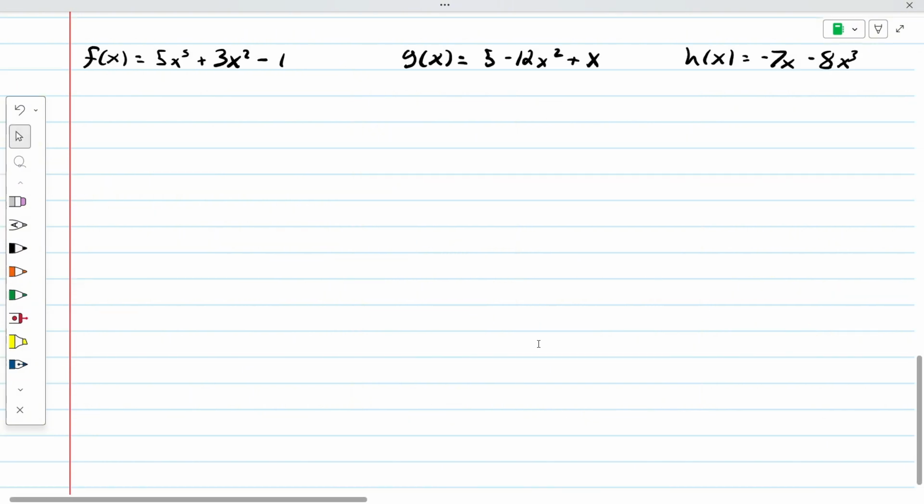Okay, now let's determine the end behavior of these three examples using what we just learned. Okay, so in this case, we see we have a degree of 5 and a leading coefficient of 5. That's a positive. So we have a positive leading coefficient and an odd term. So we can know that the function is going to trend in this way. And just drawing this simple example of an odd degree polynomial, we can write our limits out. And obviously it won't be a straight line. It may look something curvy like this,